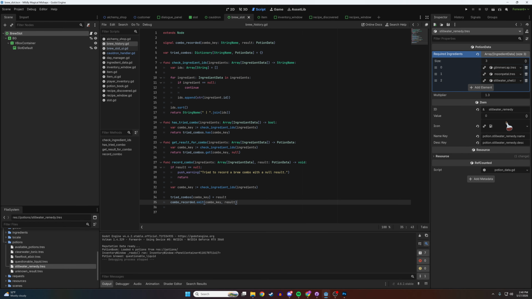Tried combos is the potion data, which is what we want. Something is missing here. I'm afraid it's the "this is more complicated than I thought" aspect, not the "oh, it's just one little line." Let's try print